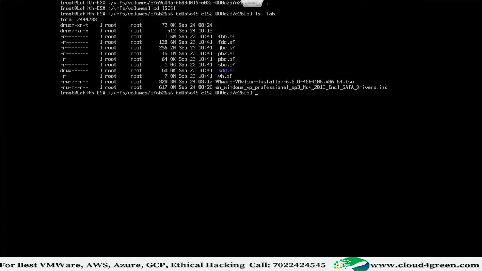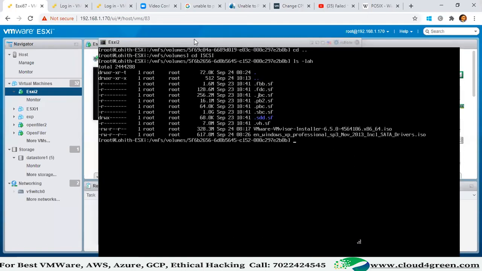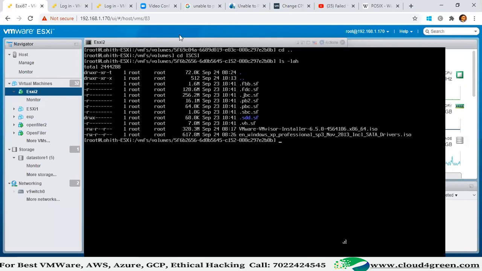Oh, you uploaded the ESXi ISO to your datastore. I can see the 328 MB 6.5 ISO is there. You uploaded it. Why? Simply. I was wondering why the ESXi ISO was uploaded there. I was thinking to create one VM with that ISO. Oh, it will not work. I mean, it should work practically after I fix that issue.